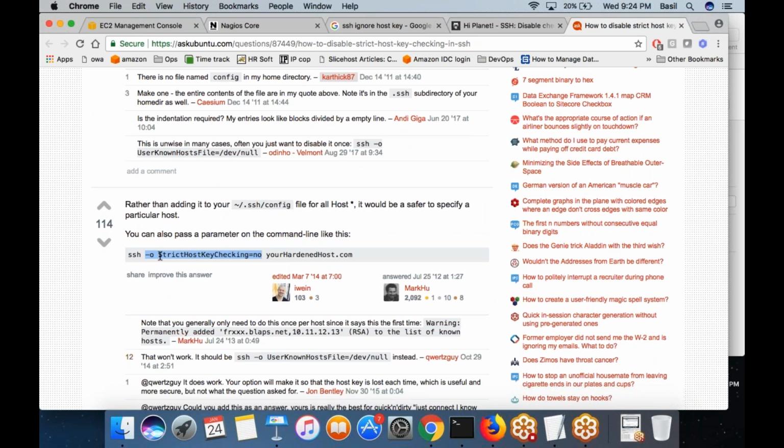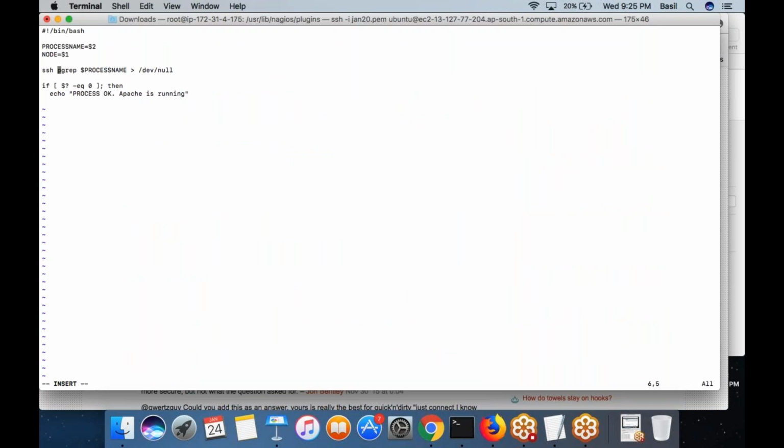This is the SSH command I want to run because whenever you run the SSH command, if you remember, you always get a warning. The host key check has failed. Do you want to continue? So I don't want that check to be performed. That's why I am turning that check off so that I won't get any warning. Now I will log into the machine as ubuntu at $node, right? $node is nothing but the machine. Then you put the command that you want to run on the machine.